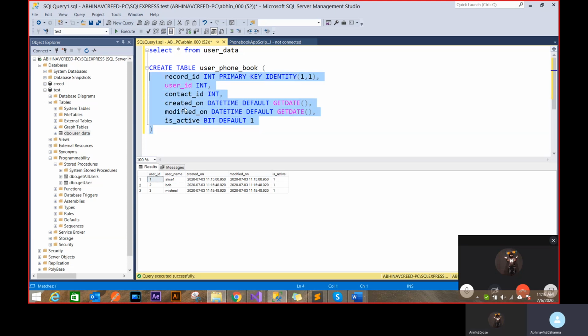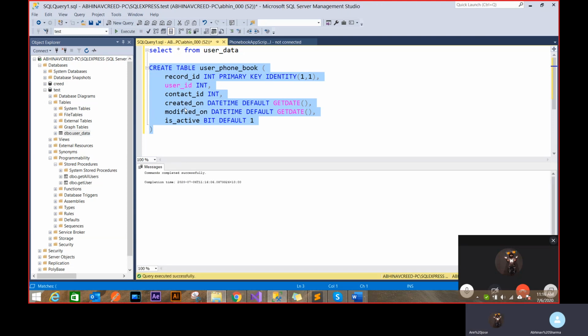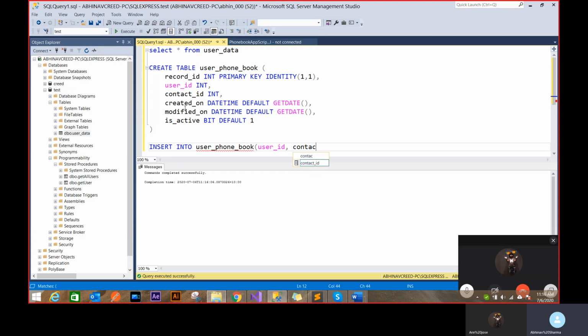So if I just create this table, there's a very big problem right now. If I do an insert into user phone book with just the user ID and contact ID, because the other columns are default, they'll be auto populated. If I insert 4 comma 4, you see it will insert that.